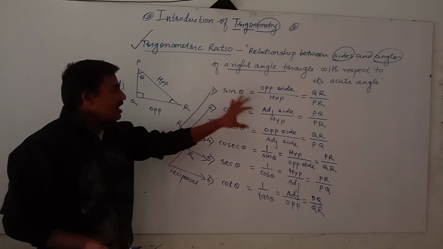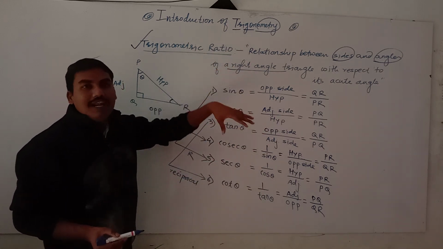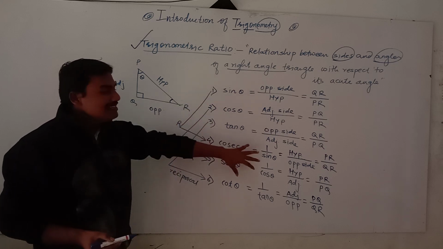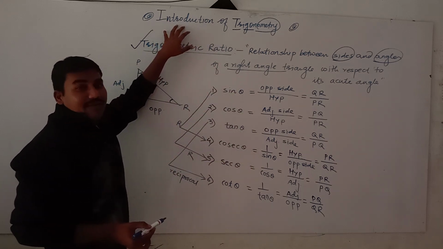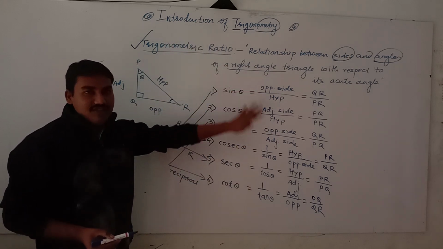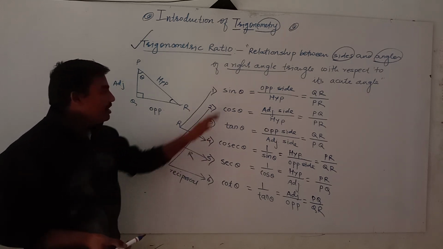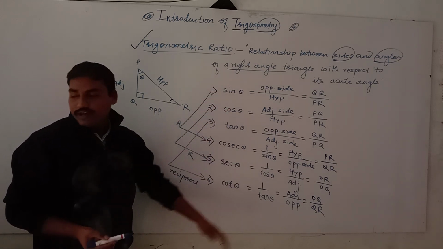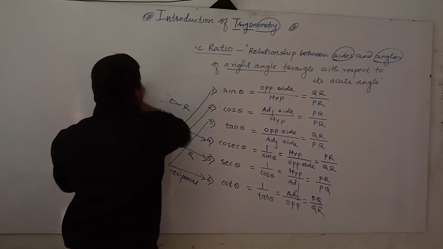Okay, so these are very important in trigonometry, in the whole lesson. If you can't understand this, you can't do anything in this chapter. Understood? So these are very important, and some numericals are based on them. So we have to start some numericals based on these definitions only. Now we have to start some numericals.